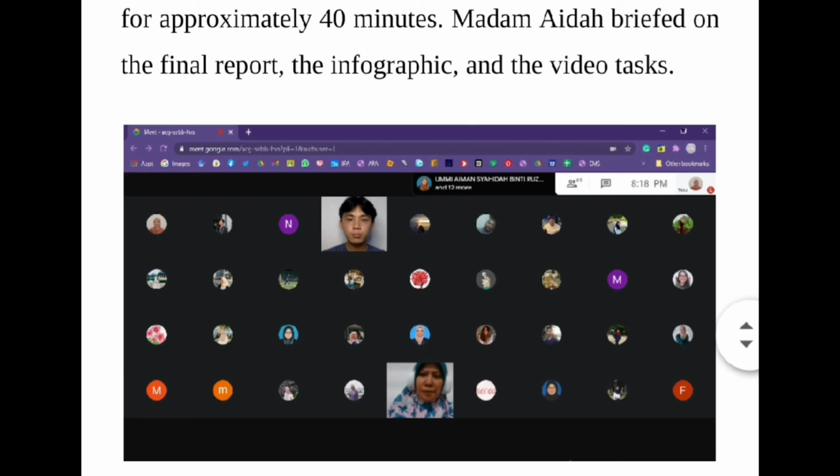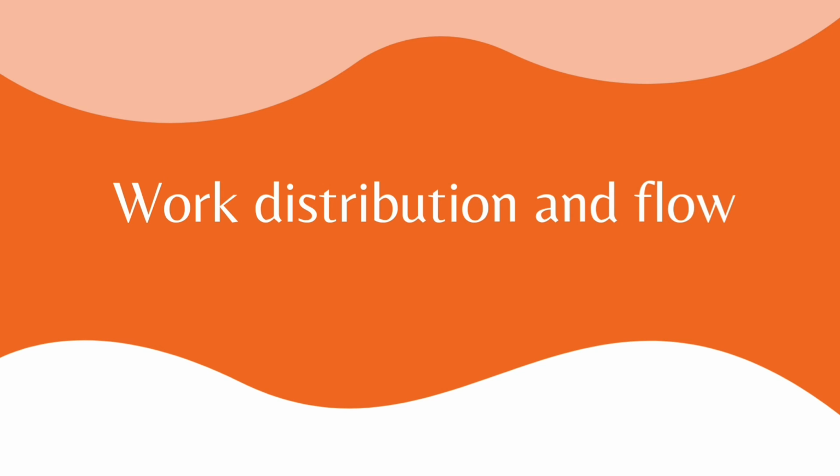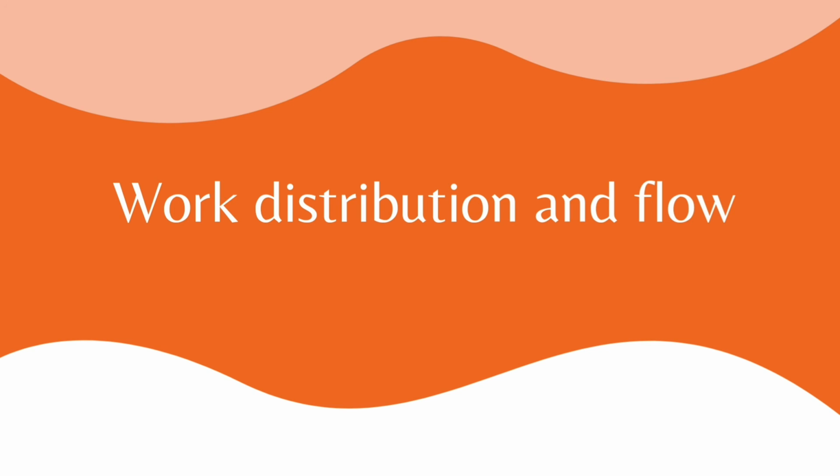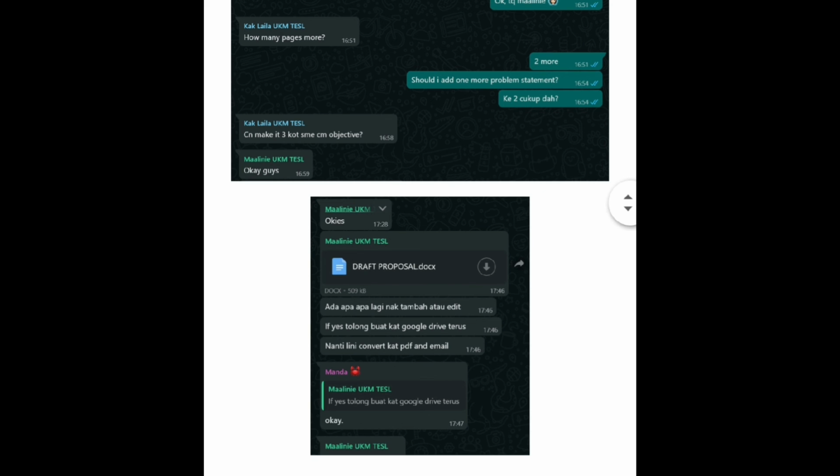Next discussion was conducted via video call using the Microsoft Teams platform on 9th of February 2021. We chose to use video calls because we think it is easier to discuss rather than using text messages. In this discussion, we reviewed the final report before we submitted it. The last meeting was held using WhatsApp video call where we discussed the division of tasks for video recording tasks. The meeting was done on 11th of February 2021 for 20 minutes.